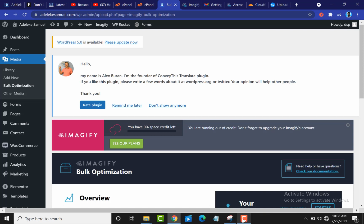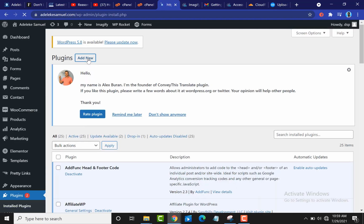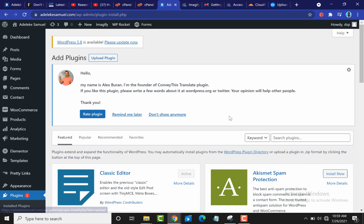This plugin will help you to optimize your database. So here is the thing. I will not be installing it here. I will just show it, and the reason is because the plugin we're recommending will do this for me, so I don't need to install multiple plugins. Do you get it now? So just click on this add new plugin. Okay, so add new plugin and search for